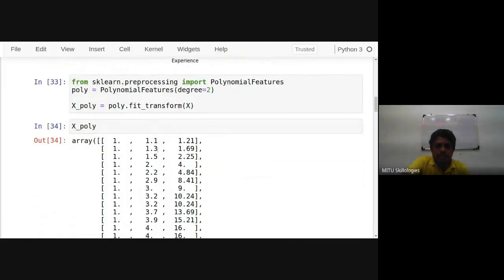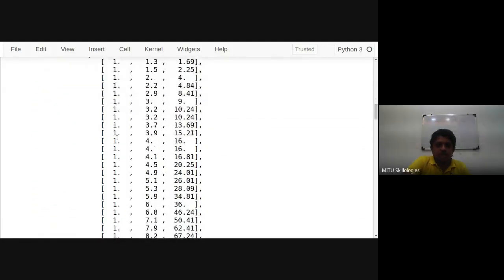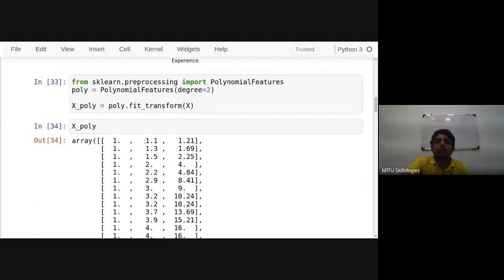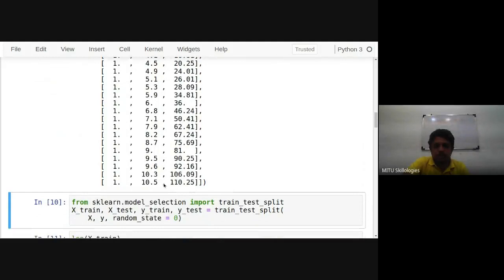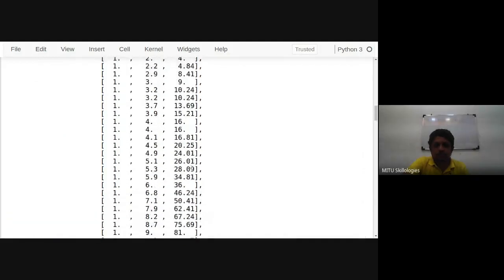It contains the experience. All 1s will be there in the first column, and then 1.1 and so on, these are the original data of x. This is the square of it. Square is done, that is degree 2, and you can see that the square is created for all the numbers. The square of this number is 110.25, like that.